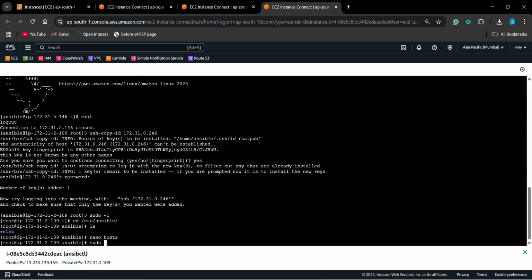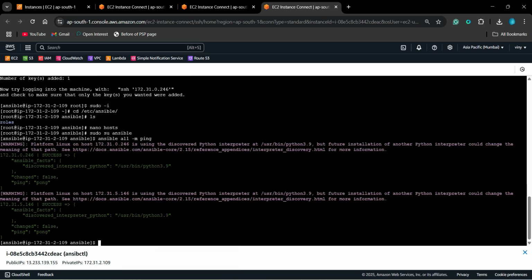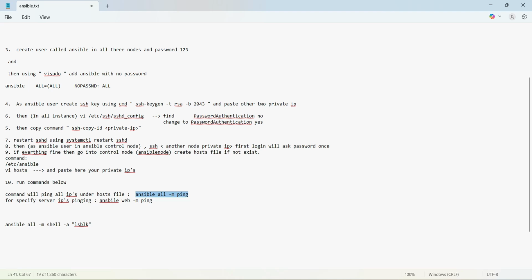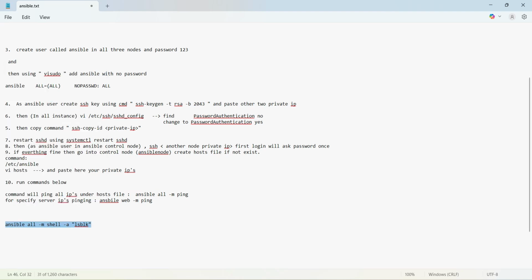Let's go first of all into sudo Ansible. Now let's try it. Yeah, we are able to connect successfully, and this is the ping, meaning we are getting a response from them. So the next step, if we want to check with a simple command, like checking the disk utilization for both instances, we can change the command to df -h.